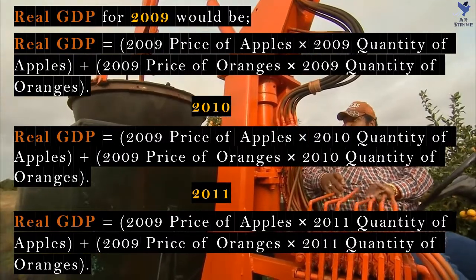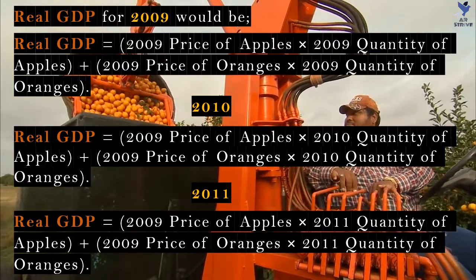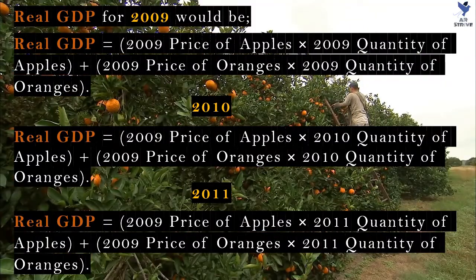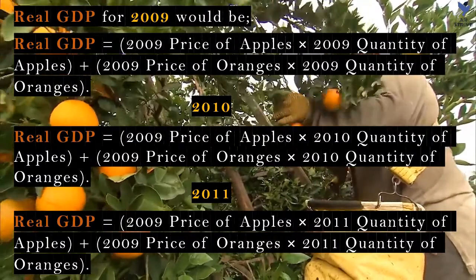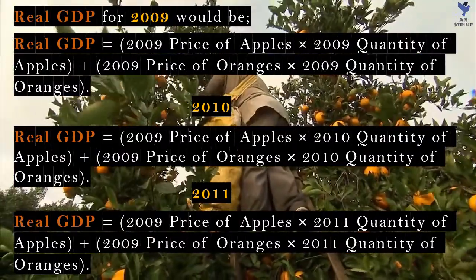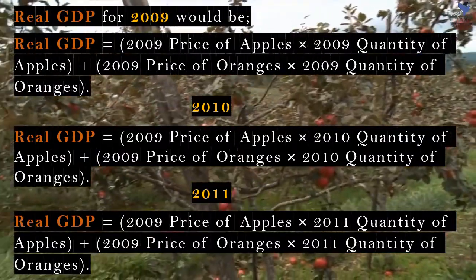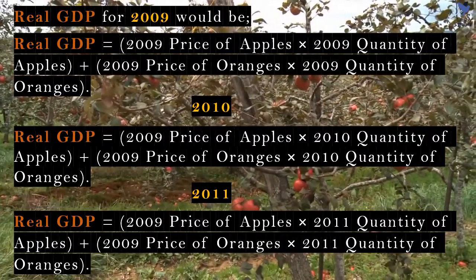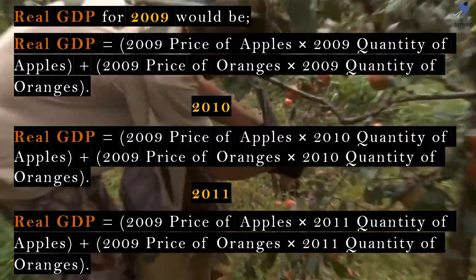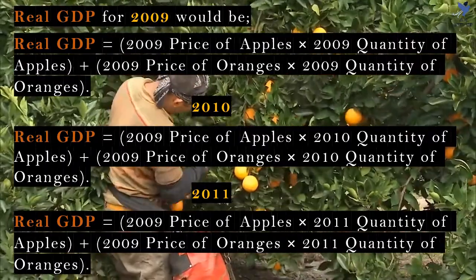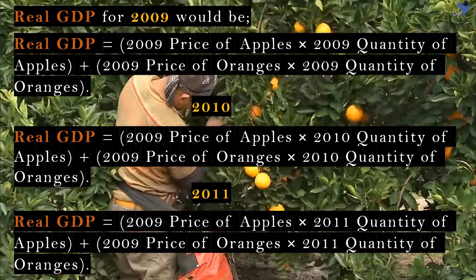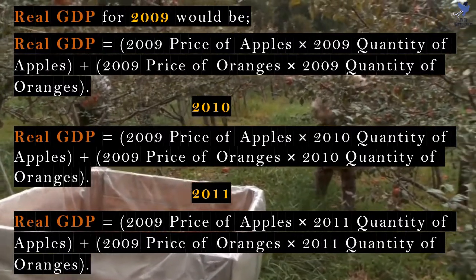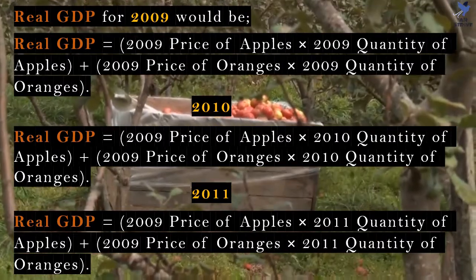So you can see that we have taken the prices of 2009 as a base year price, and the quantities, we are taking the quantities of respective years, but we are taking the price of only 2009 for each year. Here you can see that we have adjusted the prices. The quantities are not being multiplied with the prevalent price, because then we would not be able to measure if the economy has grown or declined.